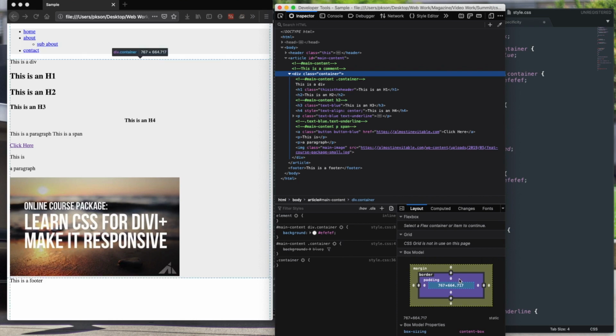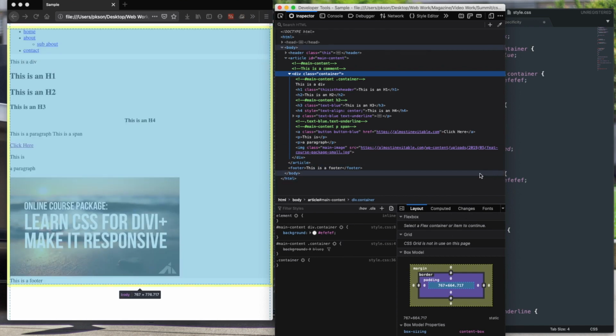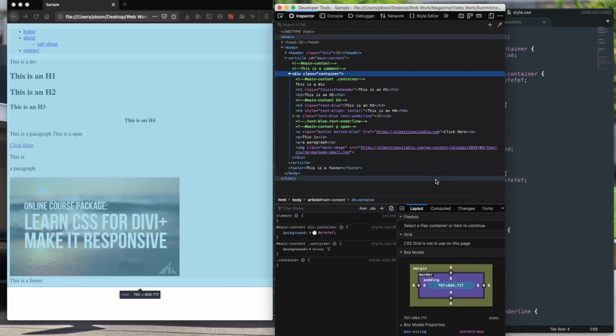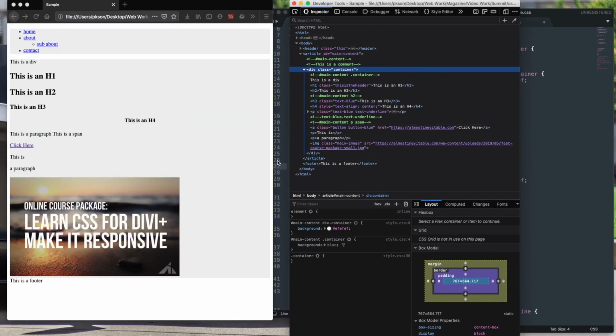Chrome, sorry. A little confusing because the colors for the content, padding, border, and margin are different from Chrome. But I don't know, I'm used to this, so oh well. Alright, so a few things that you really could use is if you want to lock down, for example, a